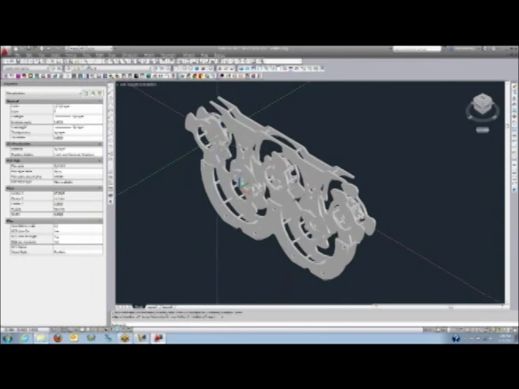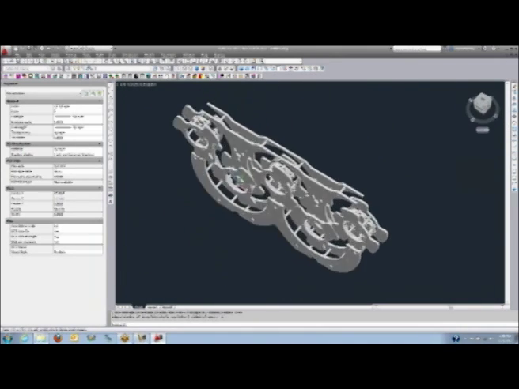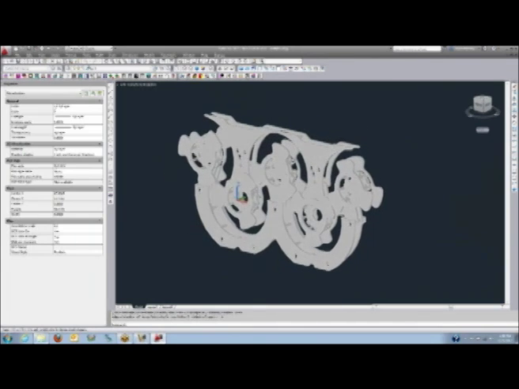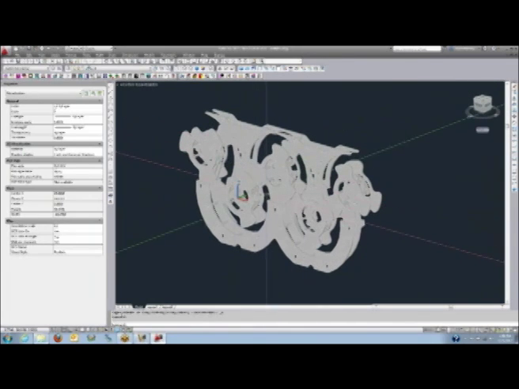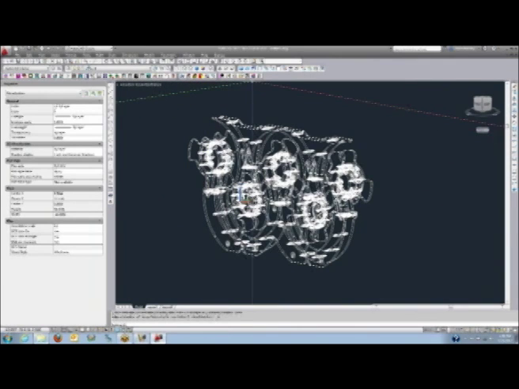This is an assembly, and it is just AutoCAD 3D solids at this point. It doesn't matter where the source came from, any 3D solid modeling package, we can import the data. And now I'm going to use the Solid-CIM software to lay those parts out and nest them for me. We have an extra button on the toolbar right inside the AutoCAD system that lets me select my solids,